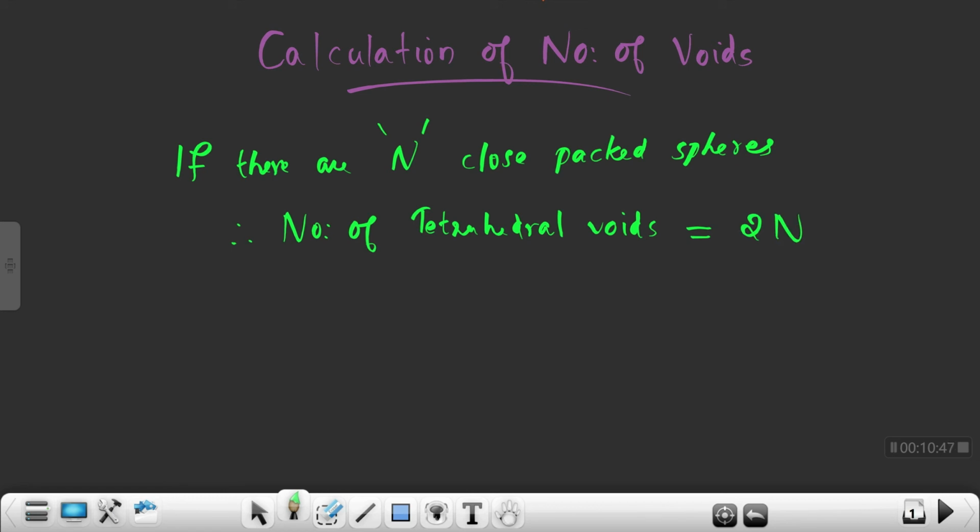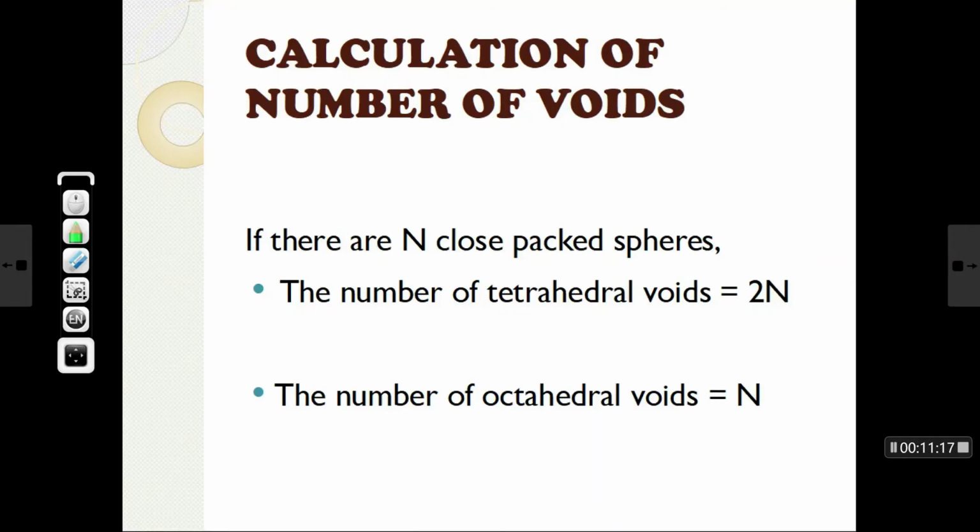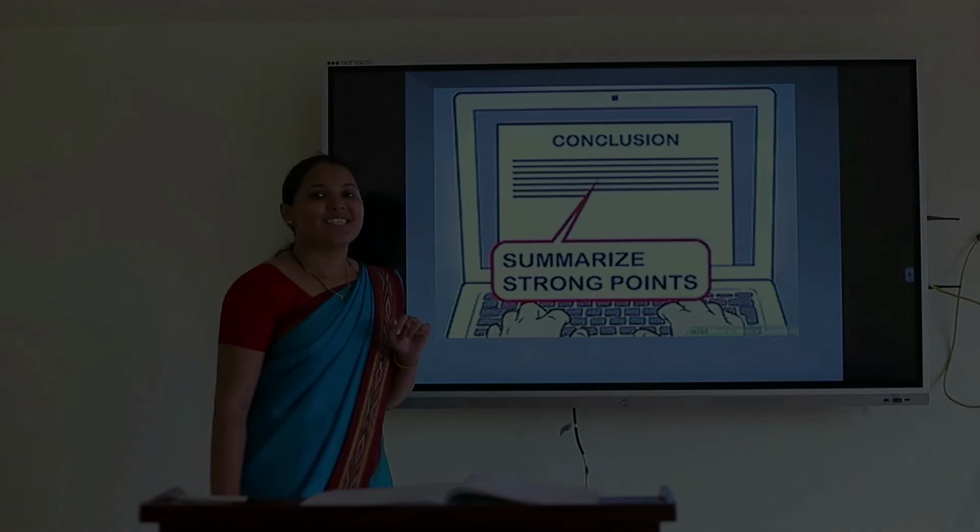And the number of octahedral voids is equal to n, that means in a close packed arrangement, the number of octahedral voids is equal to the number of spheres. This is the equation for calculating the number of voids. So let's summarize